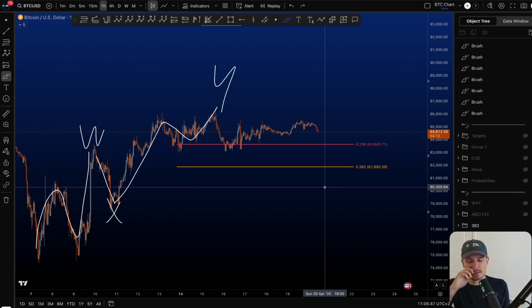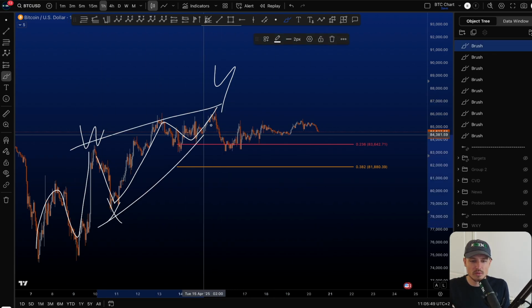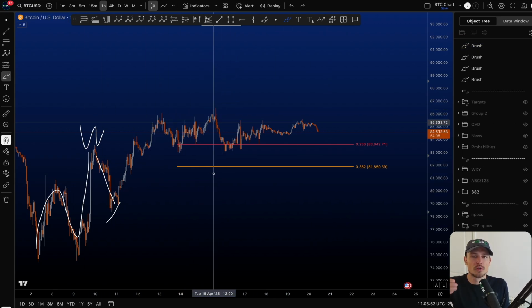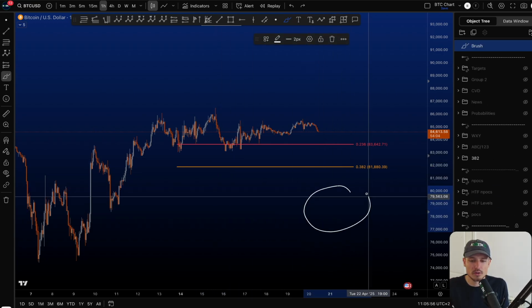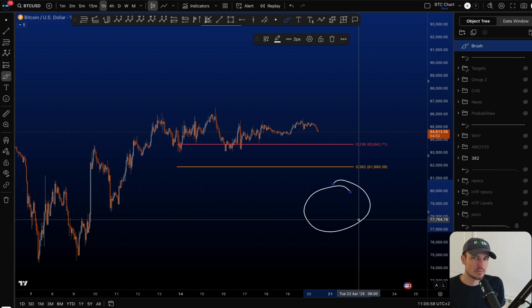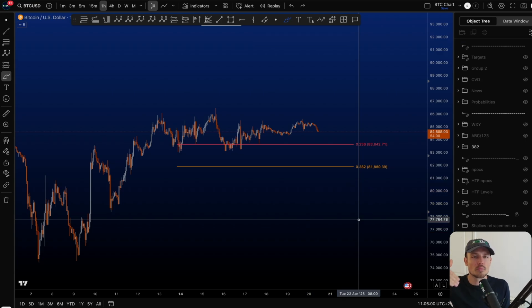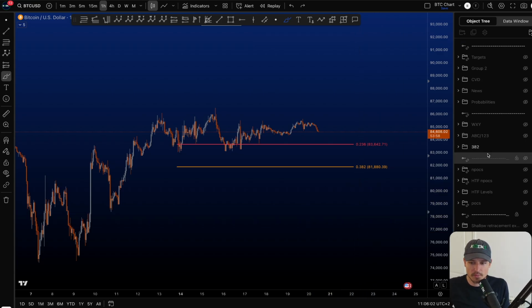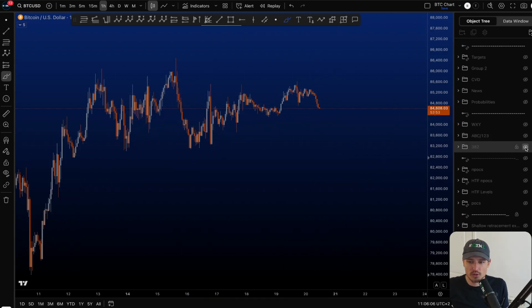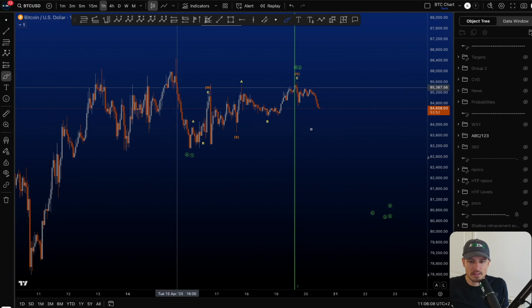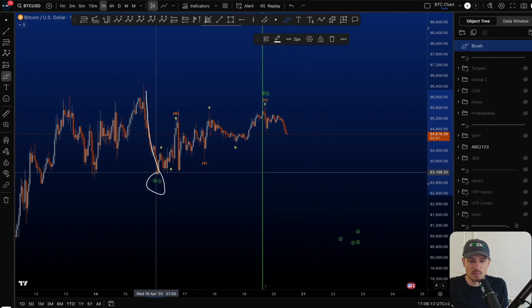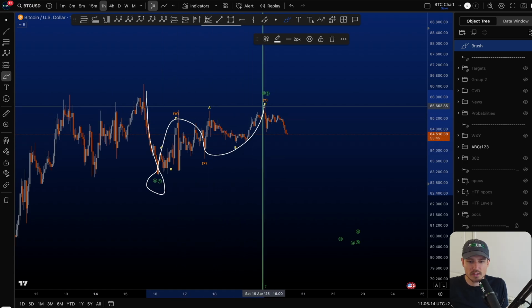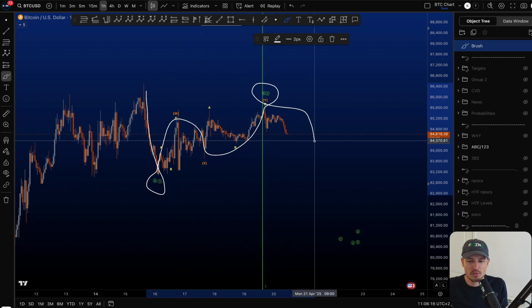Now, in both of these scenarios, either a diagonal or the WXY, you would look for price to preferably move towards the downside first, and then depending on the support holding and the reaction that we get at support, you would look for price to move back towards the upside. Locally, there are two scenarios that we can put on the chart. First of all is the one that you see over here, where this is an impulse to the downside in A or 1. Then we have a double zigzag, a WXY in B or 2, and you look for an